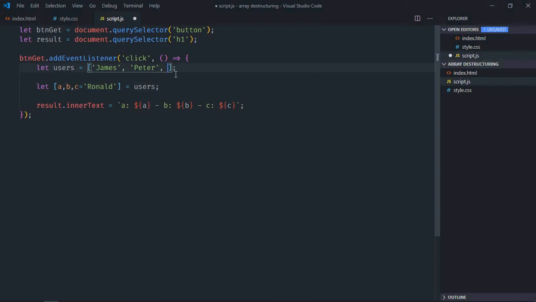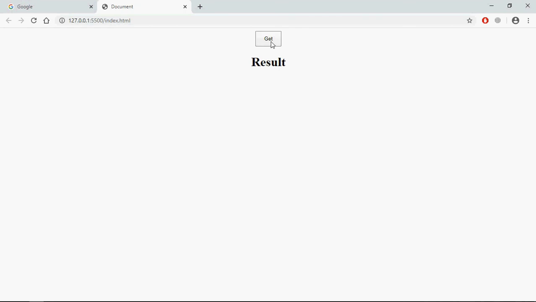If I'll have third value here, for example Marks, then I will get James, Peter, Marks. I will not get this Ronald. See,